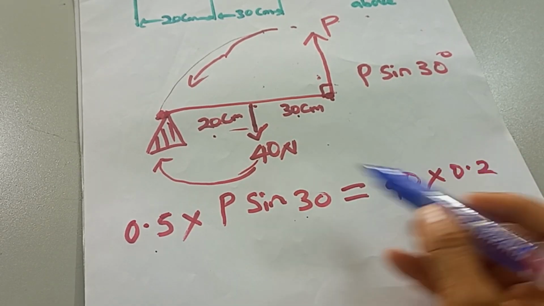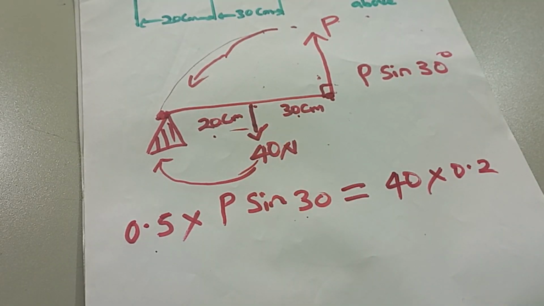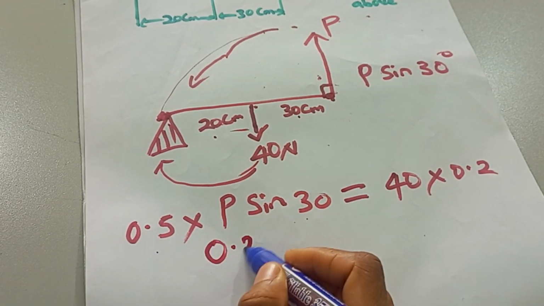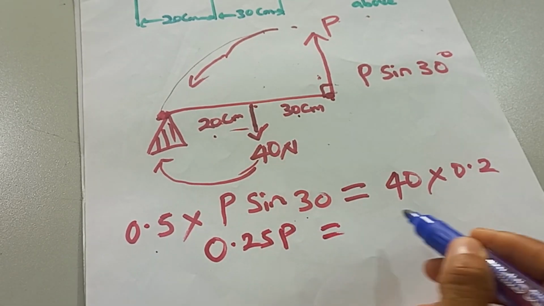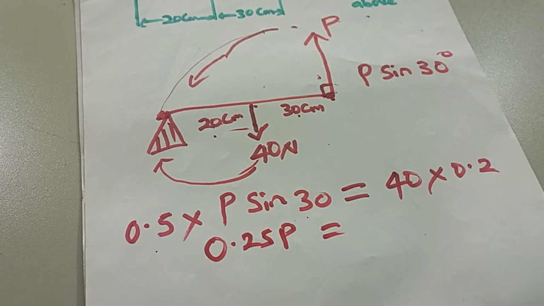times 0.2. Remember, I changed 20 cm to meters by dividing it by 100, so that it will be in standard unit. So we now have that sine 30 is 0.5 times 0.5. So here we are going to have 0.25P is equal to 40 times 0.2, which will give us